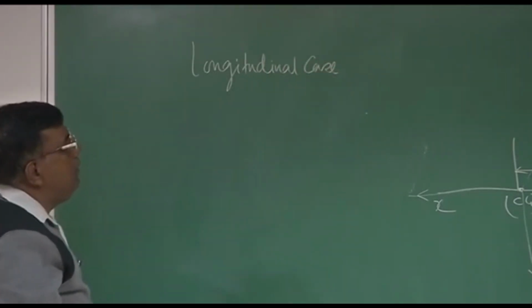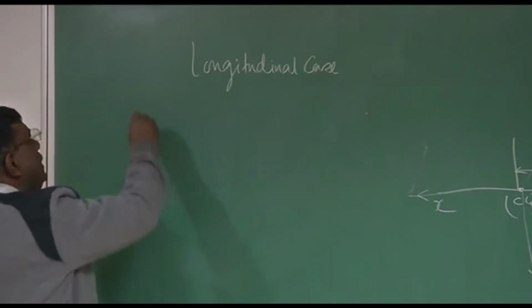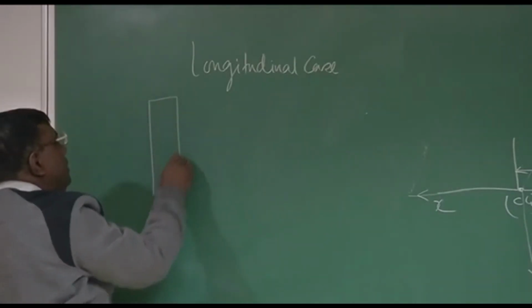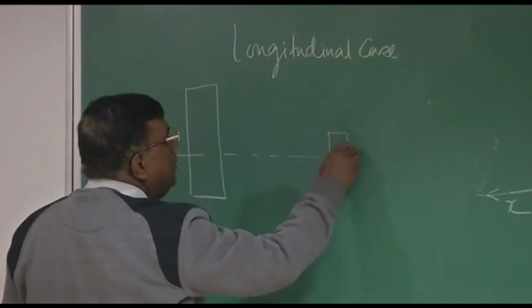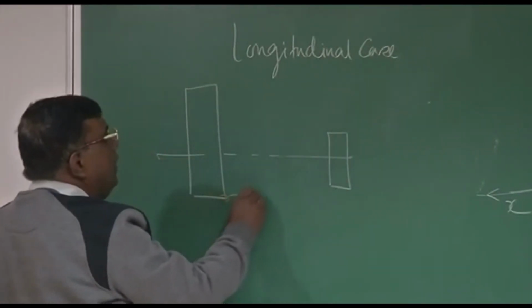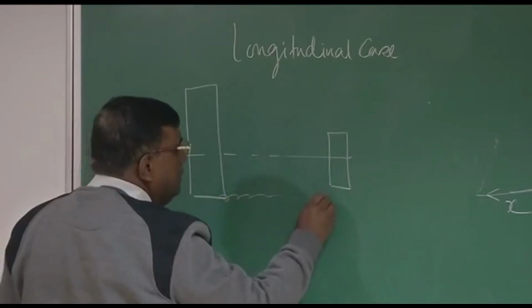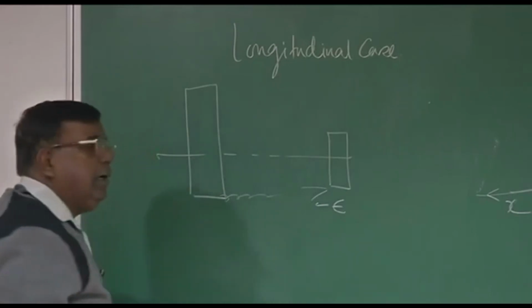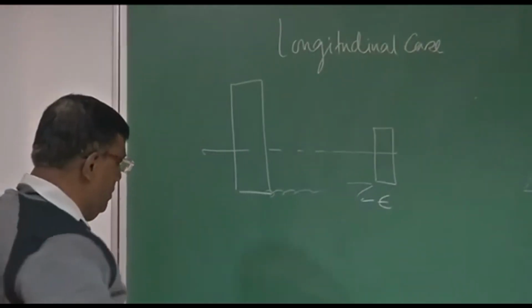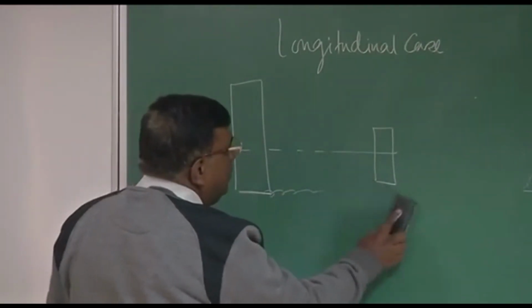Another important thing you must take note of for the longitudinal case: if there is a wing here and here there was a tail, horizontal tail, then because of the downwash, the angle seen was reduced by epsilon, the downwash angle, right? We know about this by now. But for